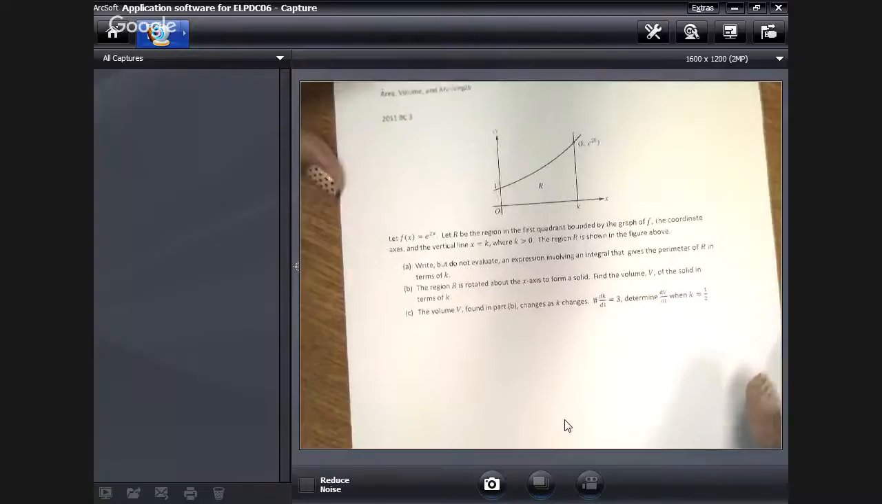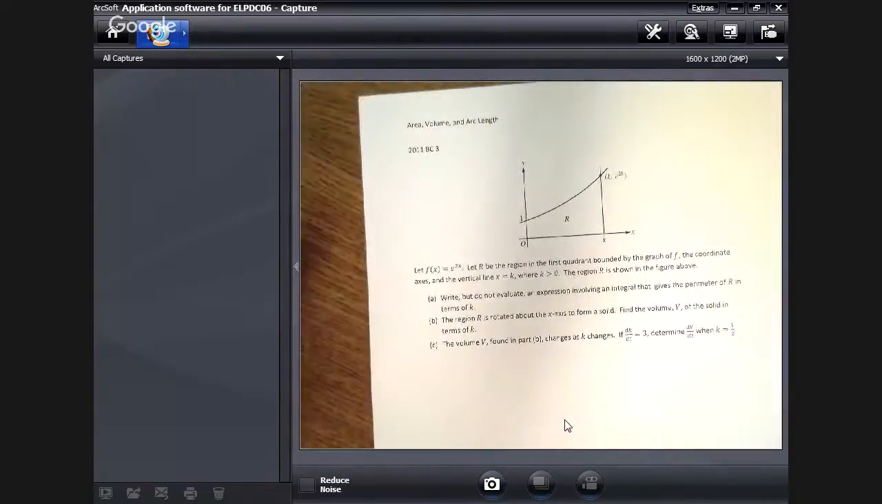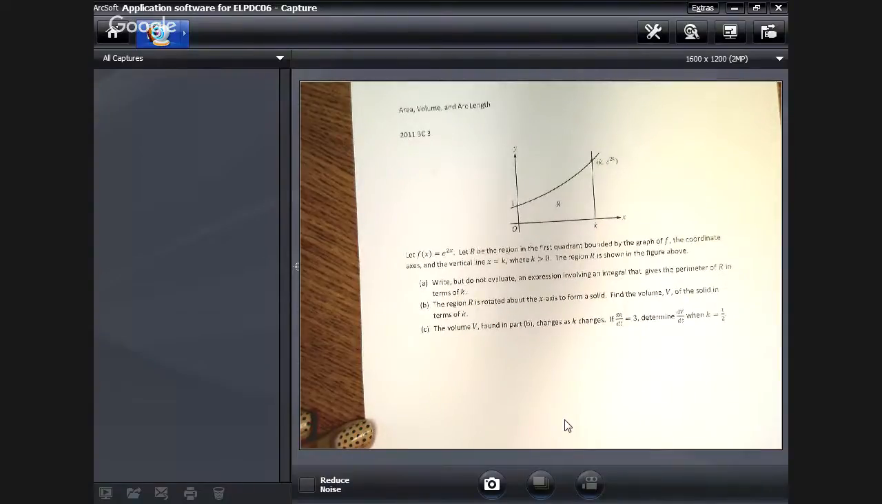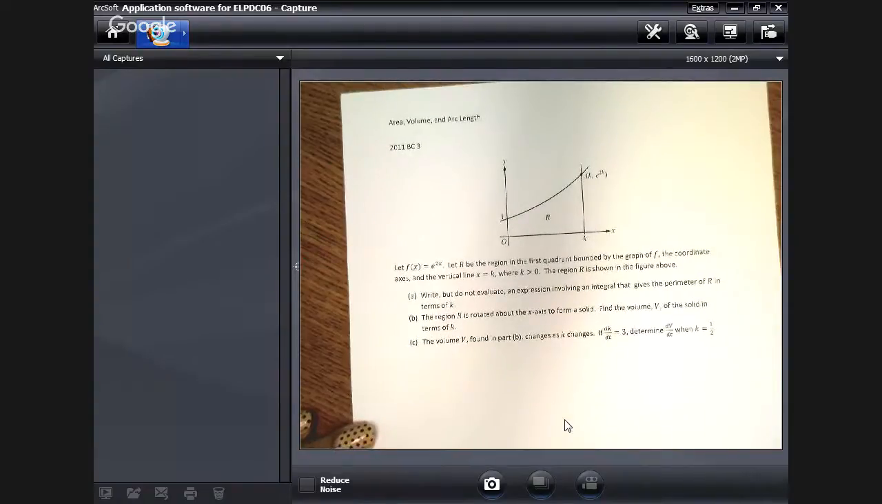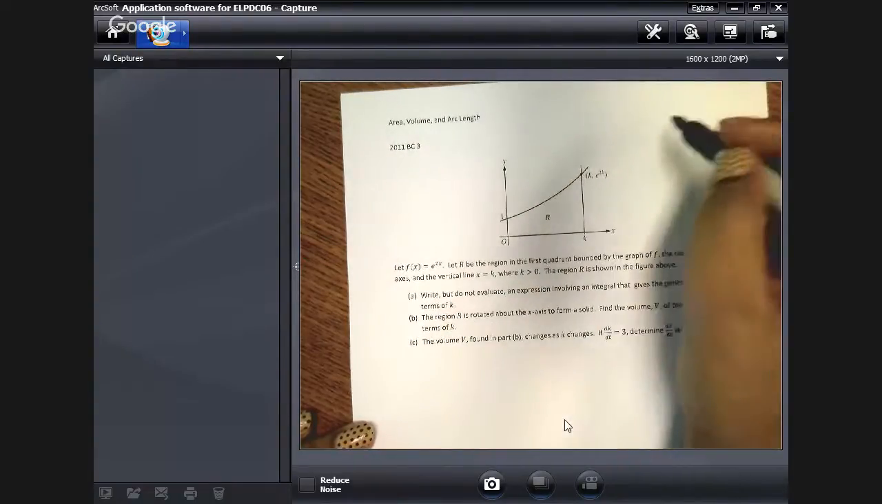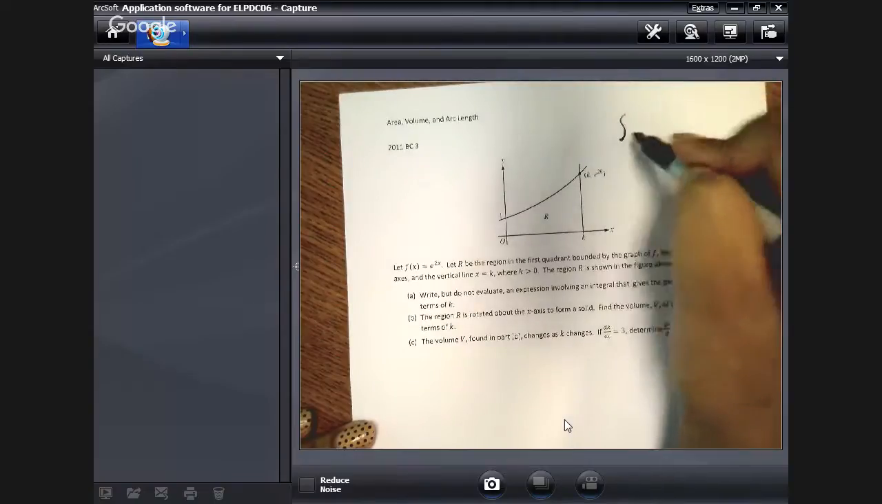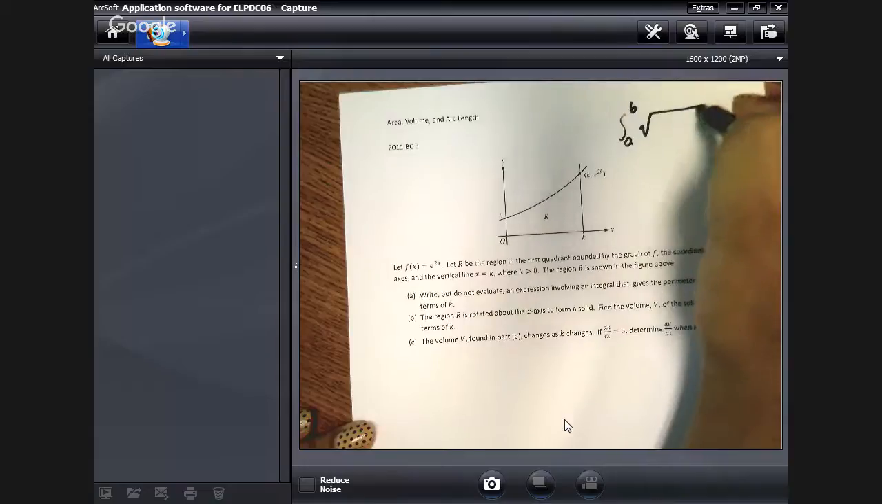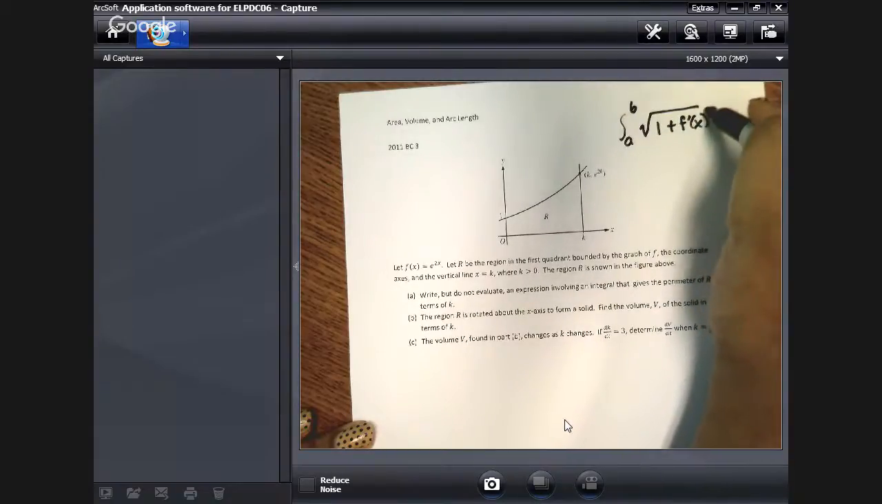This is on the no calculator portion of the exam, by the way, so there's no calculator necessary to do this problem. So we're looking at part A, and part A is where we're looking for the perimeter of R in terms of K. The thing to remember about arc length is that when you're talking about a function in terms of y equals f of x, arc length is the definite integral from a to b of the square root of 1 plus f prime of x squared